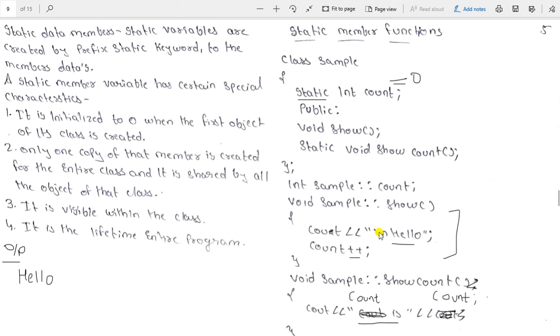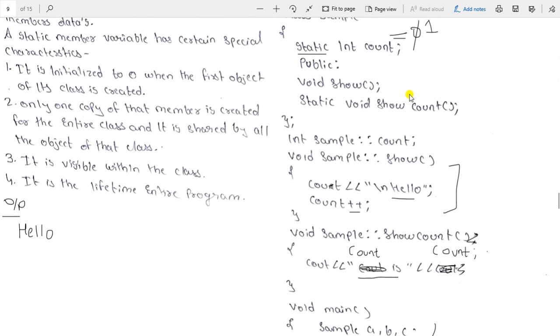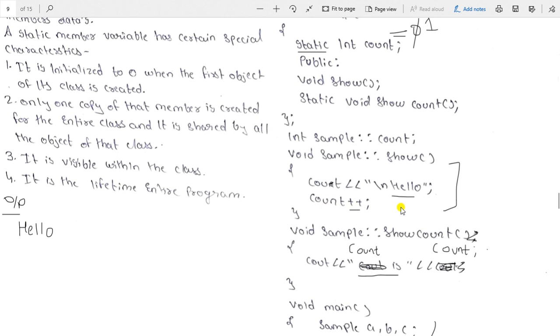So the hello will be printed, and the count value is incremented by 1, so the count value is now 1. You have to remember this: it will not print count, because cout means to print, and count is the number which is incrementing.